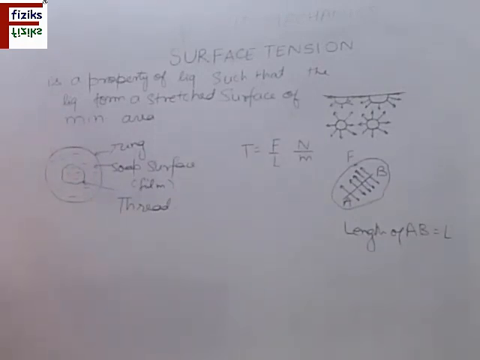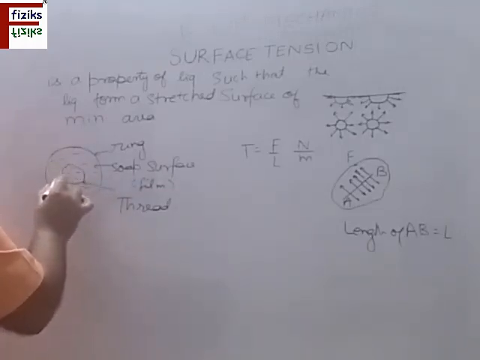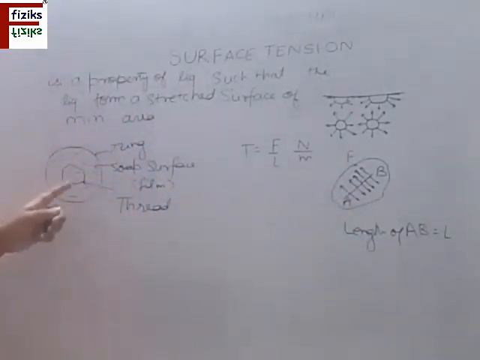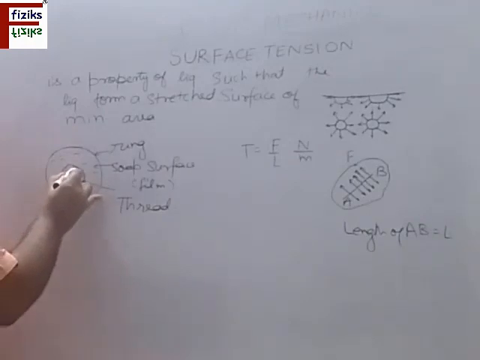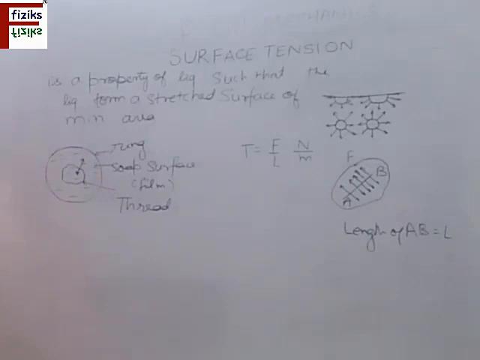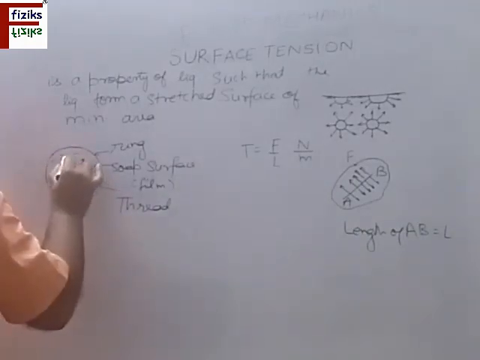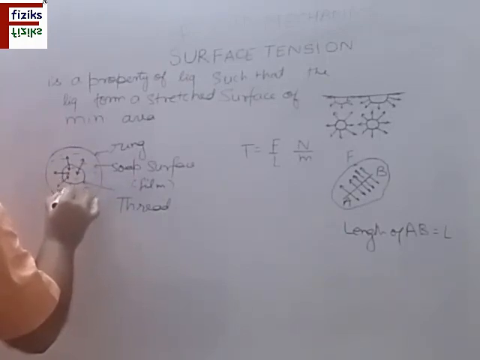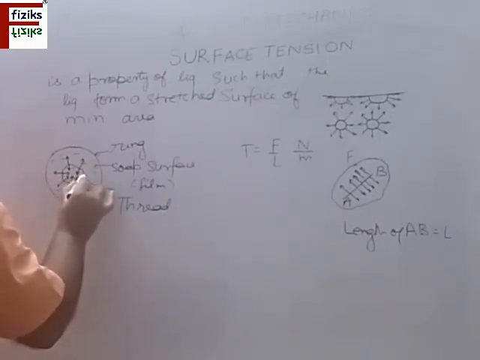Now my question is, what happens if I puncture the film inside this thread? If I puncture the film inside this thread, then you can see what forces are acting on this surface or on this line. As I explained here, the forces are acting perpendicular to it. The film inside is trying to pull the thread inside, and the outside film is trying to pull the thread in the outer direction. Under these forces, the film is in equilibrium, the net force being 0.